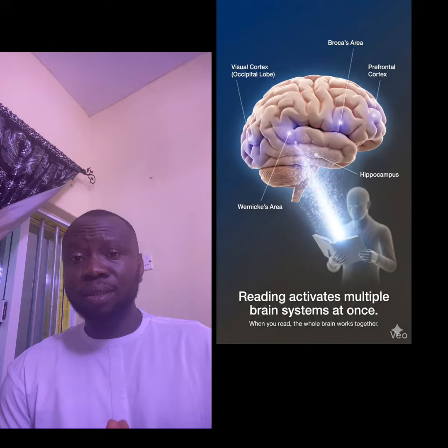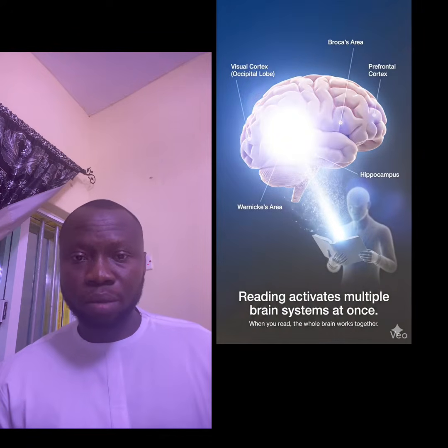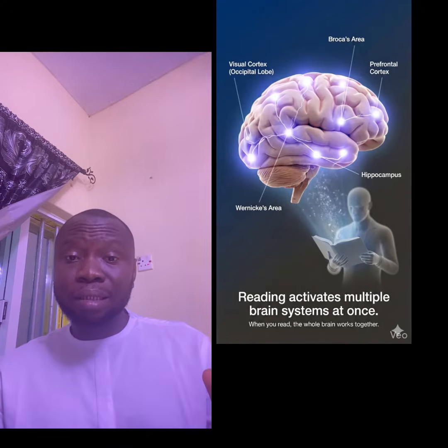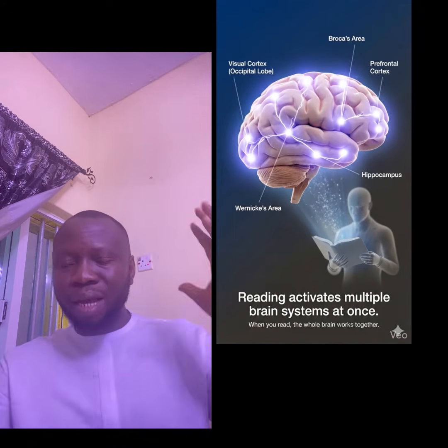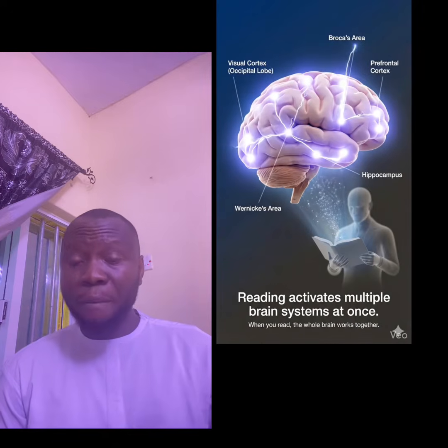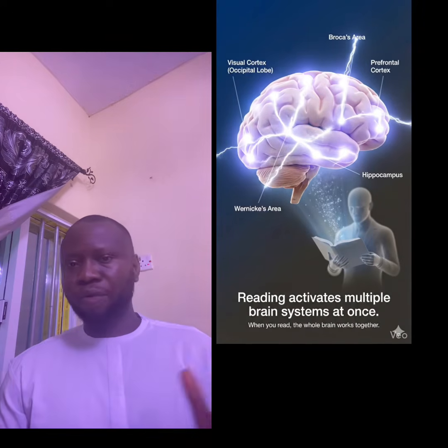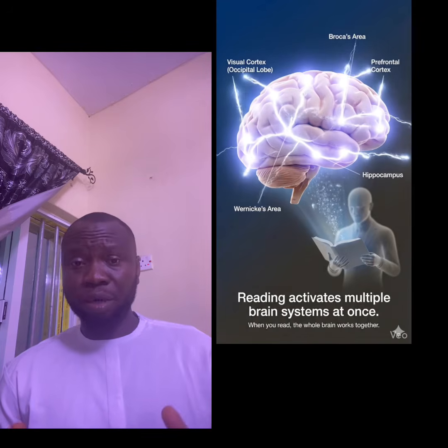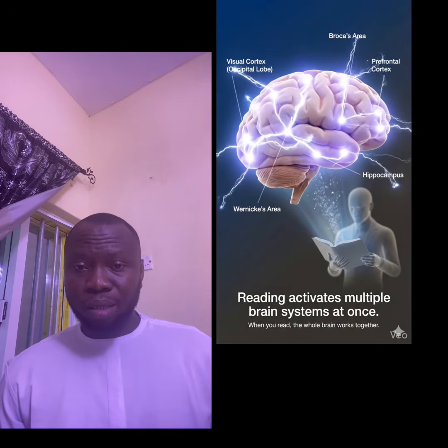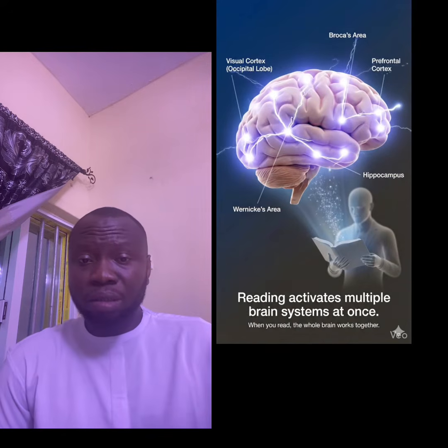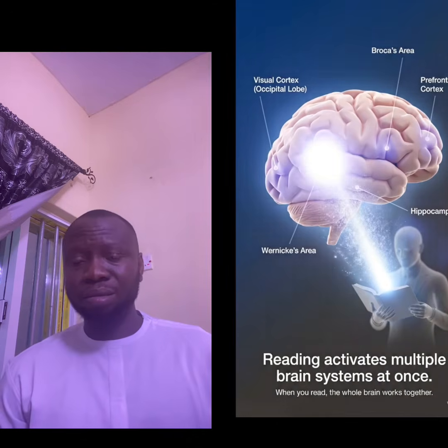Another thing you must understand is that once you are reading, all the parts of your brain that are responsible for learning are activated. That's why I said reading is one of the most effective ways of learning. Because immediately you are reading, all the parts of your brain are activated. That is why I recommend that before you go in and read, have enough rest. Program yourself that you want to read. Once you have programmed yourself that you want to read, the zeal is there, the motivation is good. Hormones will be released in your brain. Dopamine will be released.